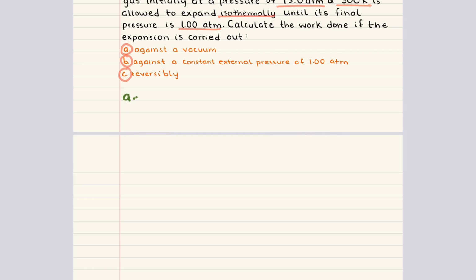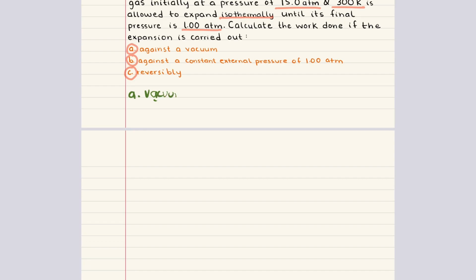For part A, expansion against a vacuum, the external pressure is 0. So substituting that into our formula for work gives us that work is equal to 0. So in a free expansion, no work is done. For part B,